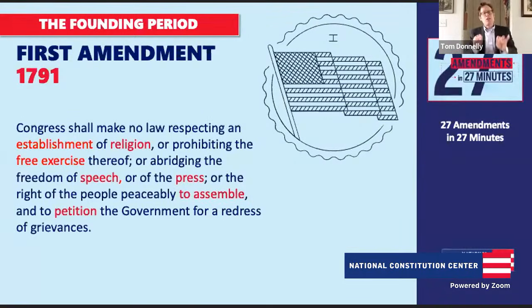At the same time, even these rights have limits. So there are areas where governments have more authority to regulate speech. For instance, when there's a special relationship between the speaker and the government, and a classic example would be within public schools. So that's religion and speech.